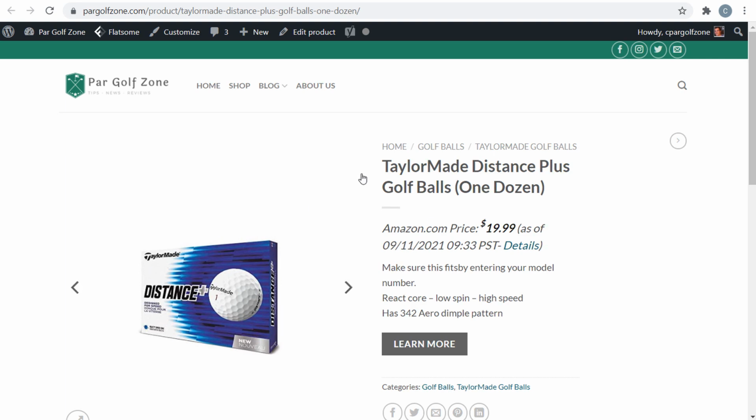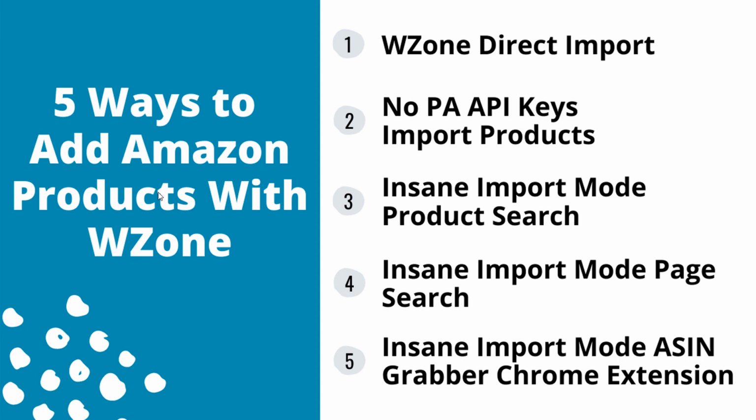And you can see here the product image. We have our title here. We have our Amazon price. And then people can click on learn more, and that will bring them to the product page on Amazon. And if they purchase, then we will get credit for that sale, and we will earn a commission. So that's ultimately the goal here. And that's the first way you can add Amazon products using Wzone, with the Wzone Direct